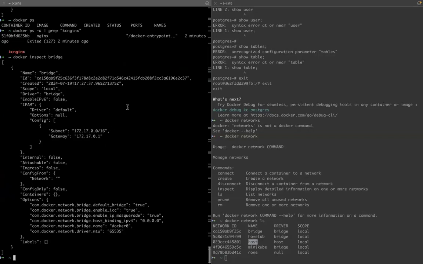So we've seen how to create a network and how to create a container that will run on a particular network. The next thing and final thing we want to talk about is how to create a Docker file, which will help us to Dockerize an application that we want to work with. So to do this, we would